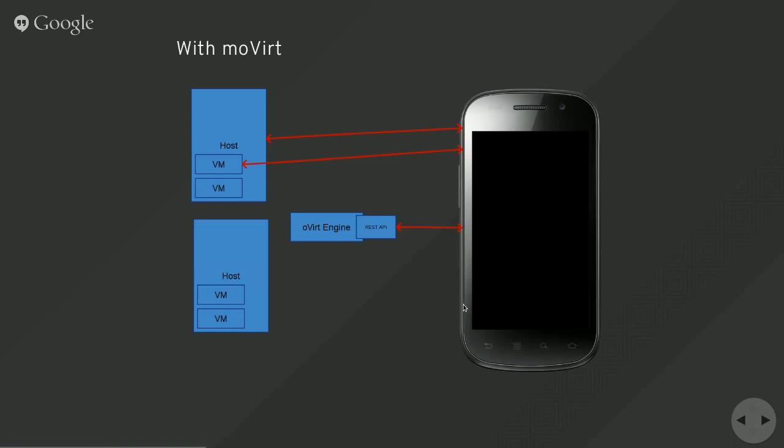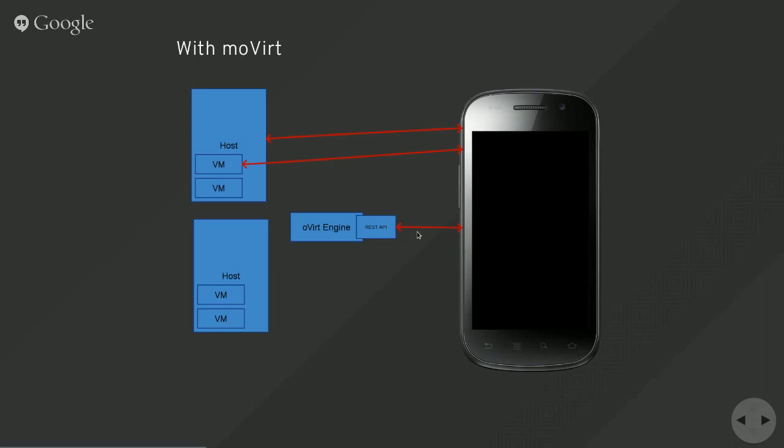But if moVirt comes to the scene, then you have the oVirt engine, which exposes some REST API. The moVirt is talking to this REST API. It is using it to send some commands like migrate the VM or start a VM or put the host into maintenance or things like this. And also it is using it to load the data